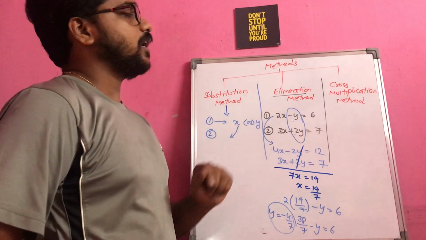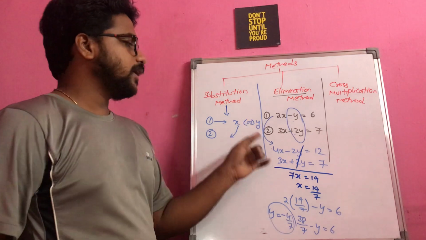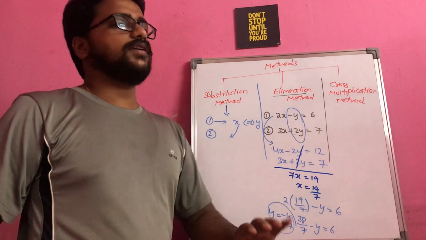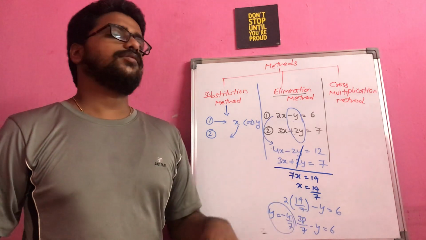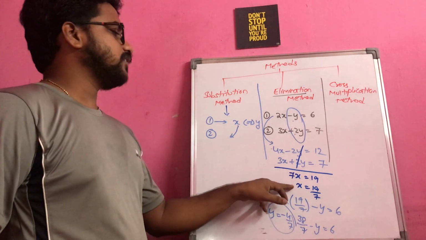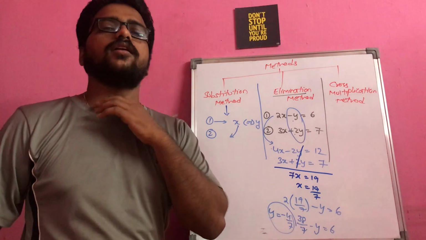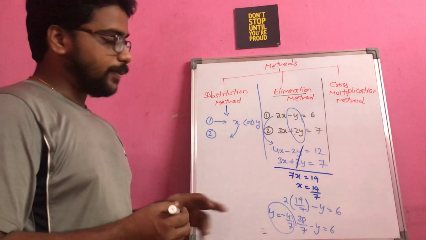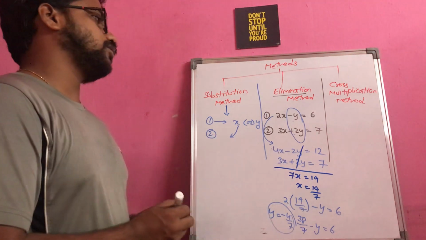That's why the first equation I multiplied with 2, and then I am getting minus 2y and plus 2y. If I add these two, the entire y terms will get cancelled. So I am left with x. Once I get x, if I resubstitute again, then I will get the value of y. Right? So let us try to apply the same question for the substitution method.